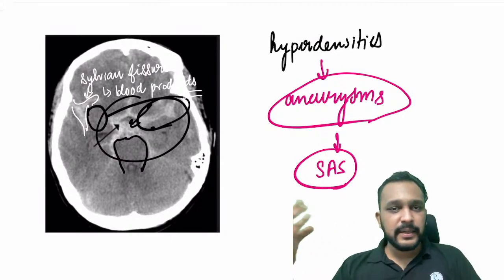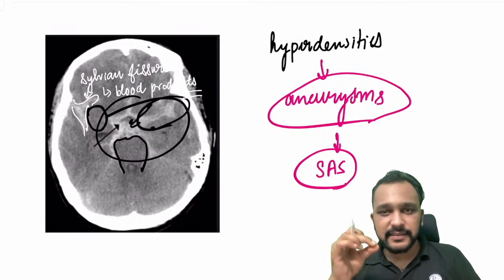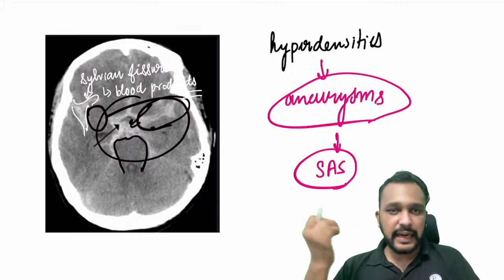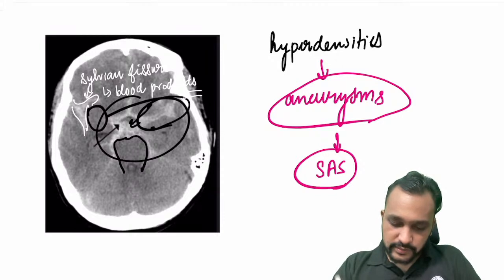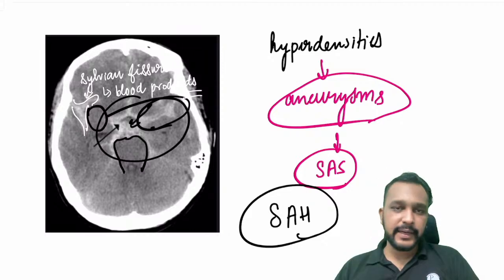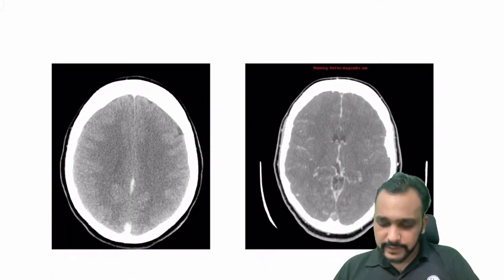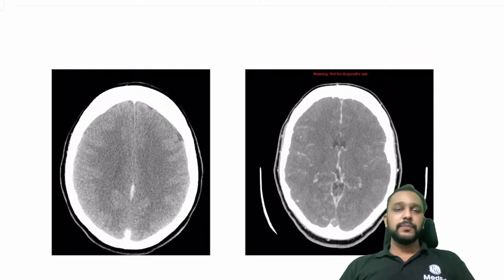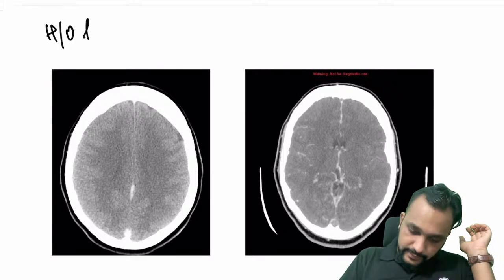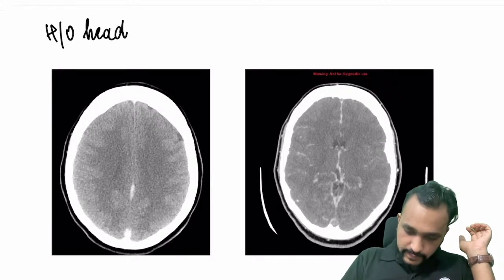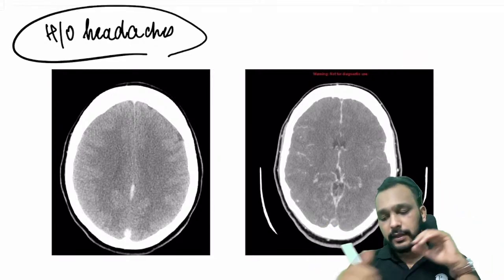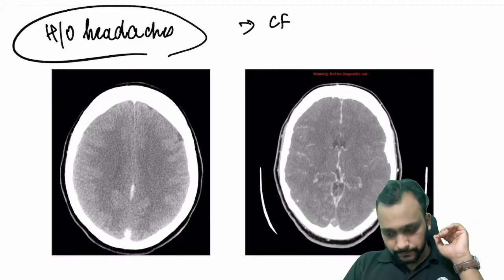So here in this image, we can see hyperdensity tracking along the sulcal spaces, along the Sylvian fissure, and along the basal cisterns. So this is a typical case of subarachnoid hemorrhage, right? Now another case. The important history in this case will be a history of headache. The patient will complain of headaches. You will go for a CECT head,